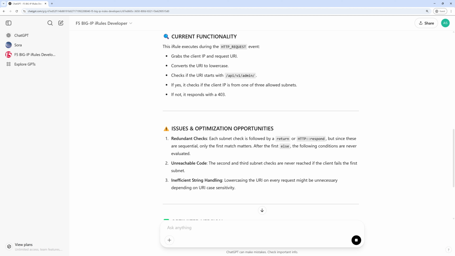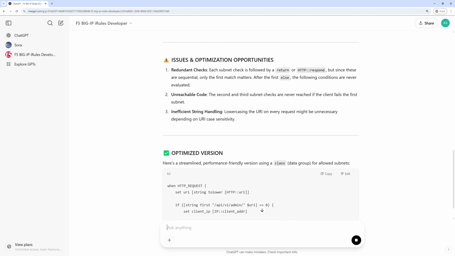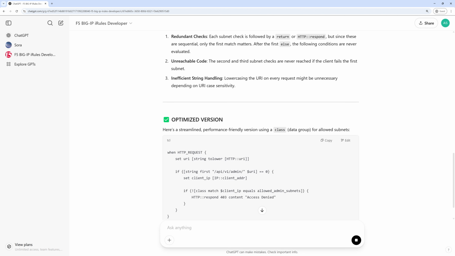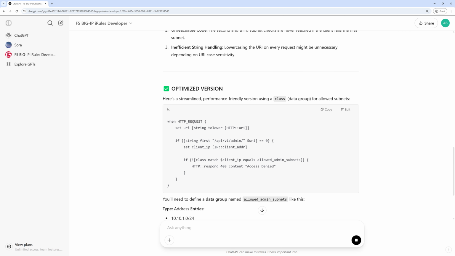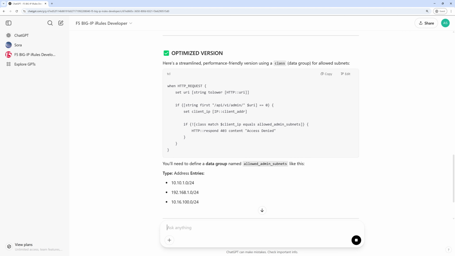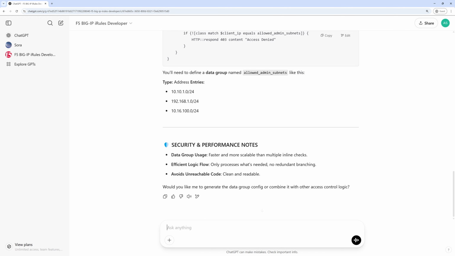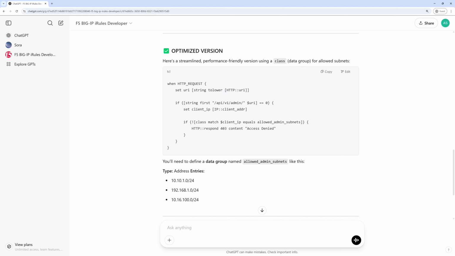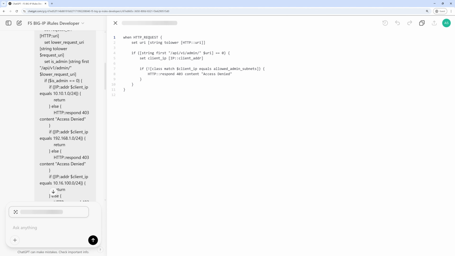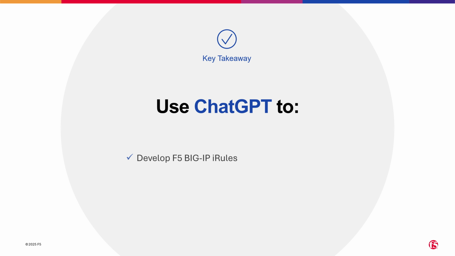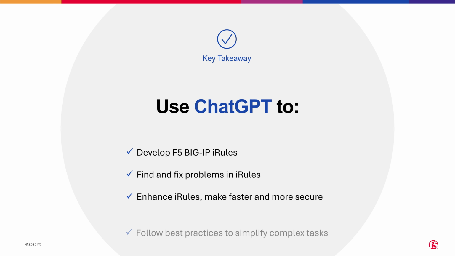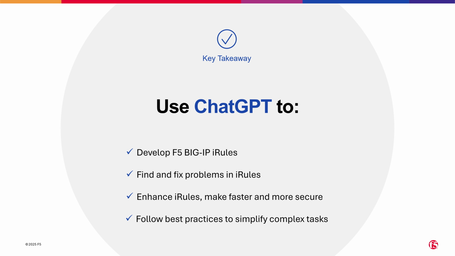It may point out redundant checks, unreachable code, or unnecessary operations, like converting a URI to lowercase when it's not required. The chatbot might recommend using a data group to handle access rules instead of multiple inline checks. It provides an optimized iRule example using this method and explains how to set up the data group. This improves performance and keeps the code easier to maintain. It can also give improved iRule examples that are easier to follow, helping users learn how to write simpler and more readable iRules. We now successfully built a customized chatbot using ChatGPT to help F5 Big IP users with iRules